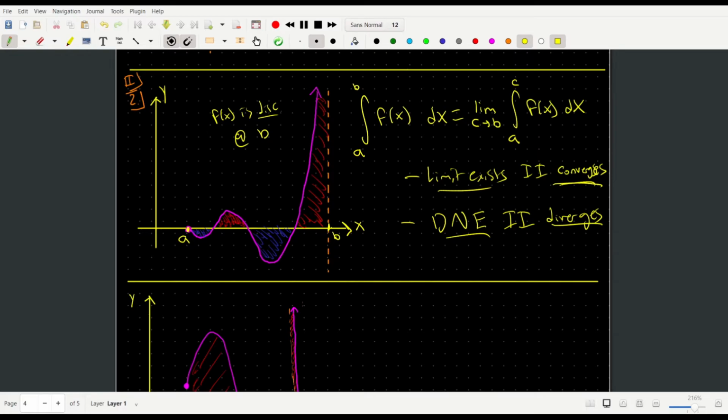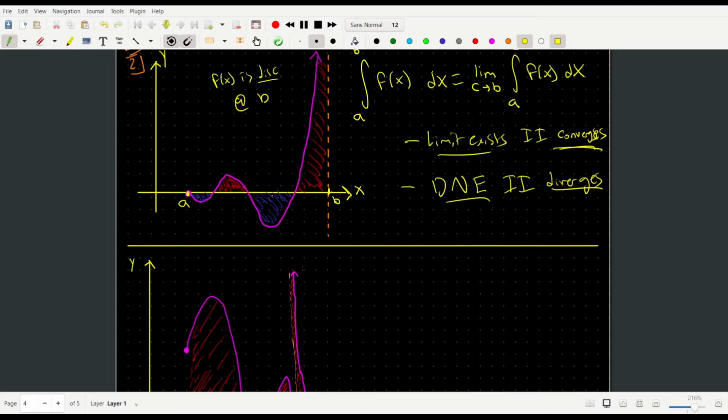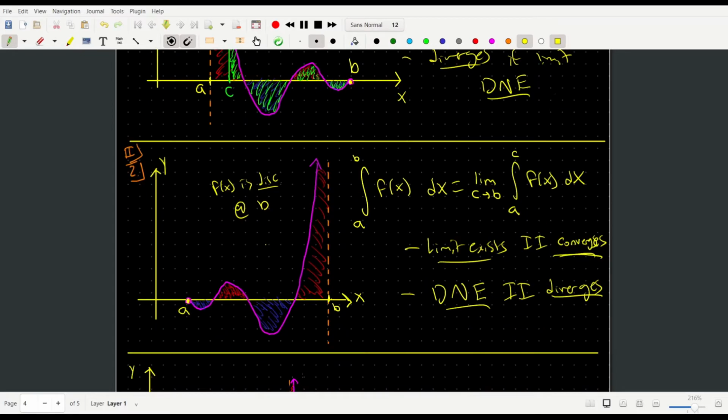Well, this makes a lot of sense. And again, it's very similar to what we're doing for improper integrals of type 1. We're just doing it in a slightly different way because we have a different type of infinite set here. But again, we're saying we take the integral from a to c,